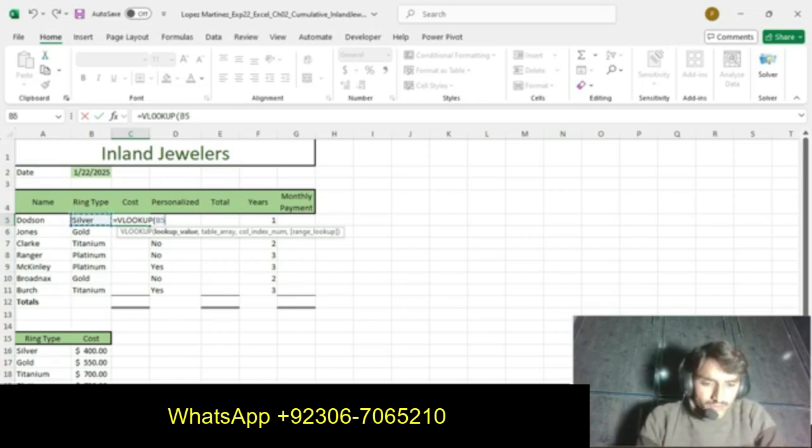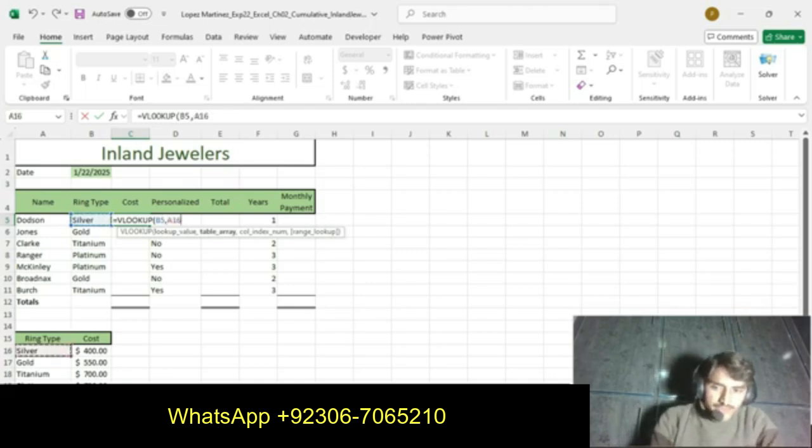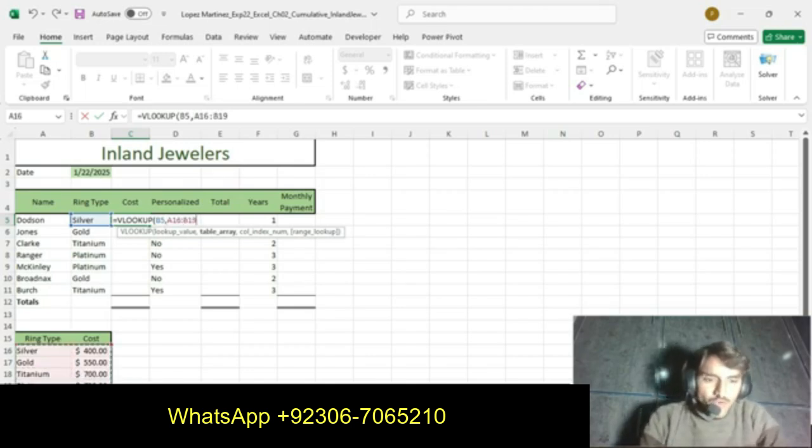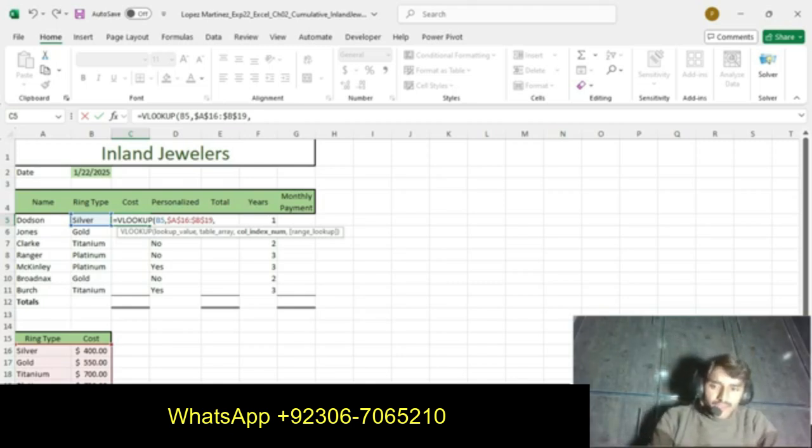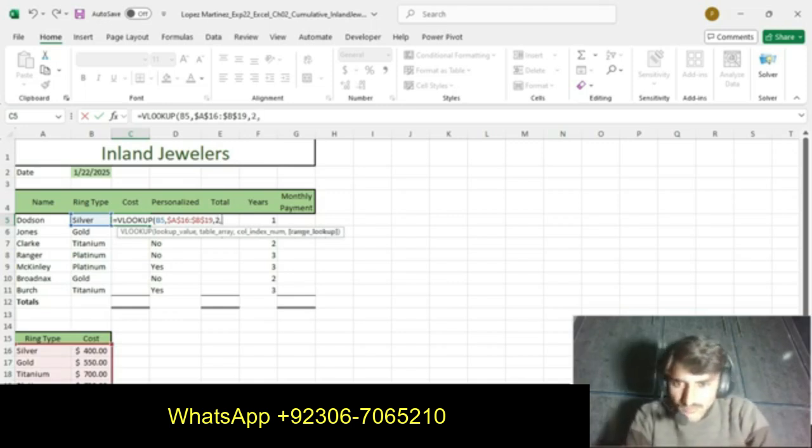So we press B5 for the lookup value. Then the table array. So the table array is here, and we select this. For absolute cell references, we press F4. Now the column index number. We get the value from the second column, so we press 2.